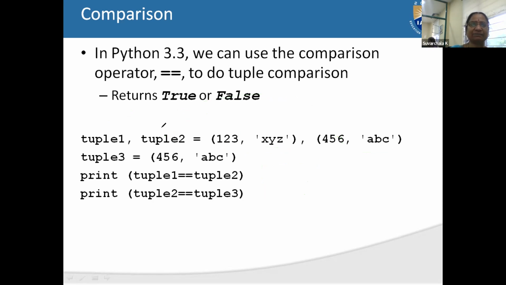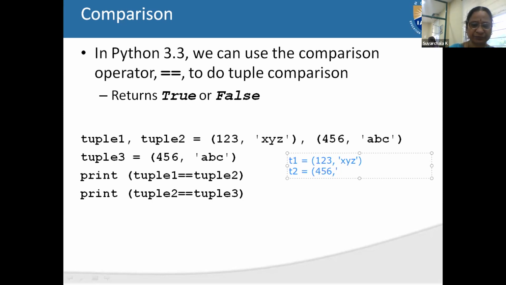When the comparison takes place, for example, let us assume I'll write separately. If you have a doubt, tuple 1, I'll call it t1. t1 is equal to 1, 2, 3, and in quotations x, y, z, all lower case, small letters. What is t2? t2 equals tuple again 4, 5, 6 comma